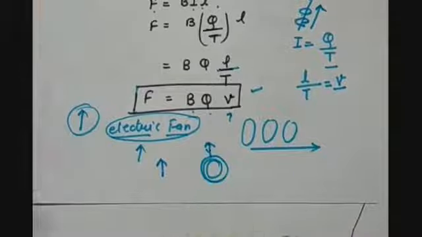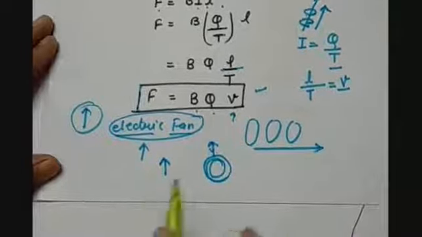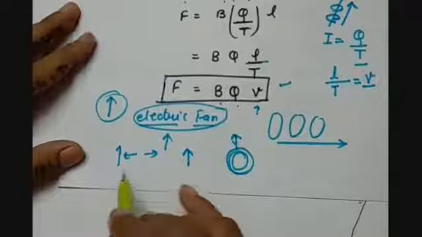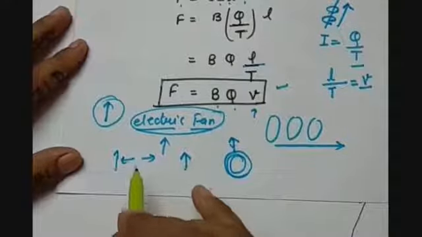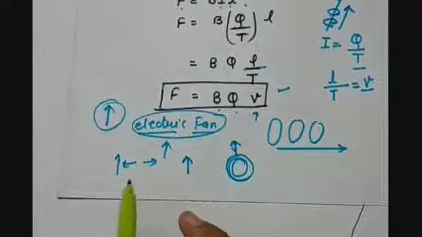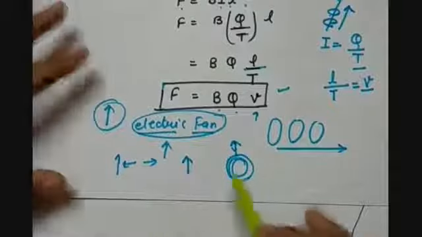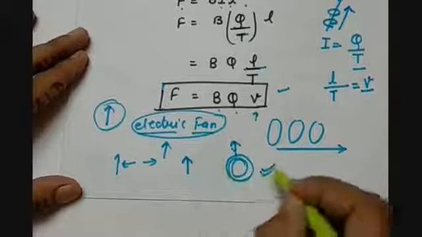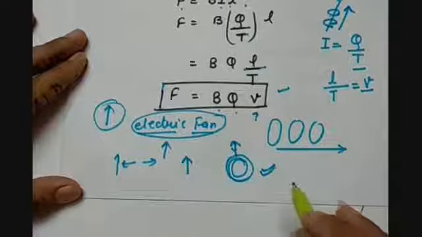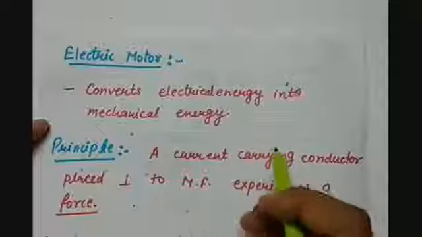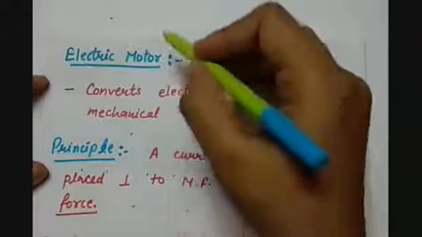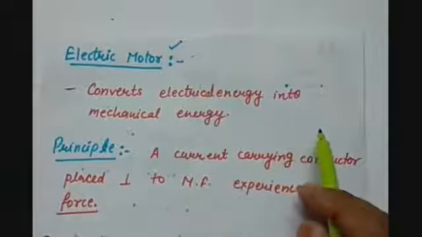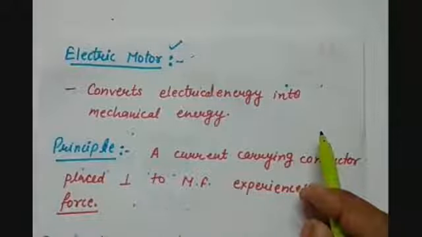Now let us understand how, because we have studied that a straight conductor moves either left or right under the influence of the force exerted by the magnetic field on it, this motion gets converted into rotatory motion. So let us discuss one important electrical device, the electric motor, to understand the rotatory motion of any motor.